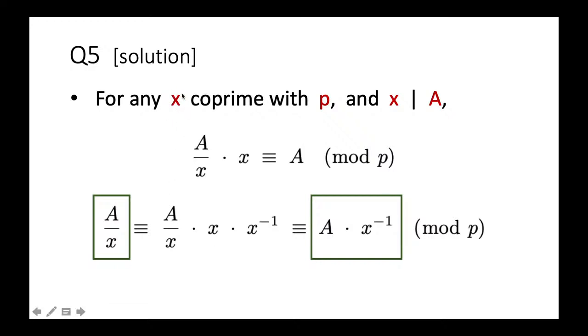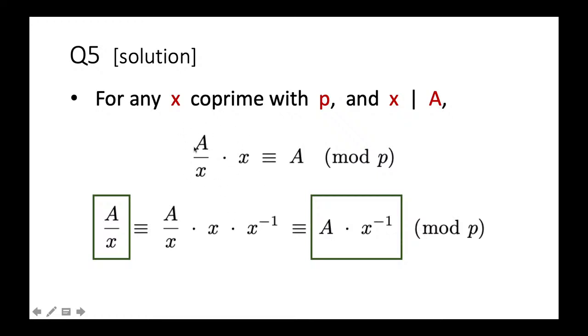Suppose that x is a number that is co-prime with p. So p is a prime, so that means that x is not divisible by p. And x divides a properly. Then a divided by x will be an integer. And then if we multiply this by x, so this is a over x multiplied by x, so x and x can cancel, so it must be equal to a. This is always true, but then what we want to claim here is that,